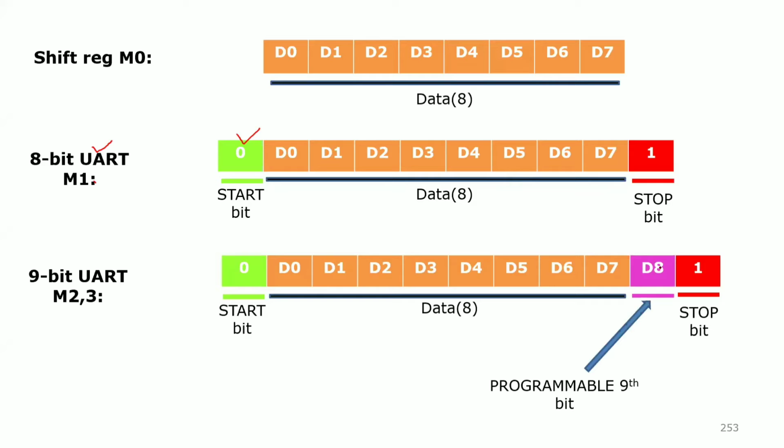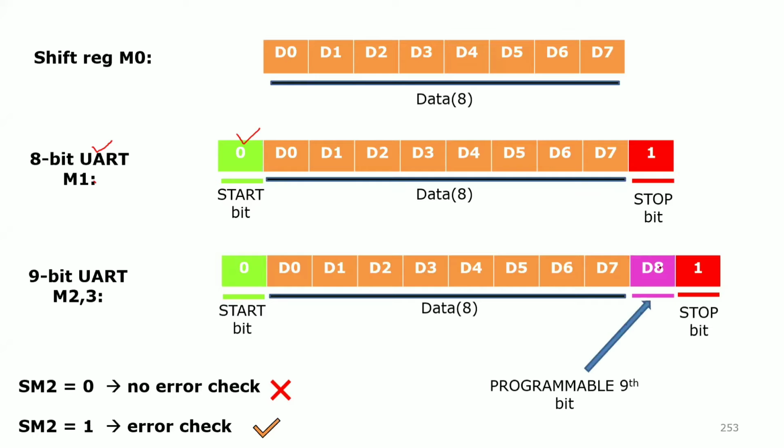Now, why I am discussing this is error checking. You tell me, how will you check for errors? By looking at what can you know whether an error has occurred or not? If you see the data you receive, and the data is wrong, you can conclude that there is an error.